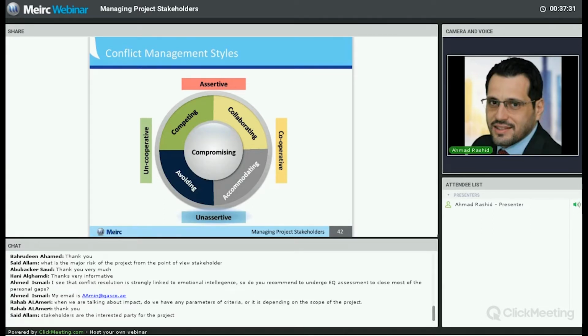Yes, Ahmed, you are absolutely right. Ahmed is commenting that conflict resolution is strongly linked to emotional intelligence. Do you recommend to undergo EQ? As a matter of fact, yes, I do. You know, a project manager will not deliver successful projects if they don't maintain a balance between their IQ and EQ. Your IQ, intelligence quotient, actually can get you into any organization, but your emotional quotient is what promotes you